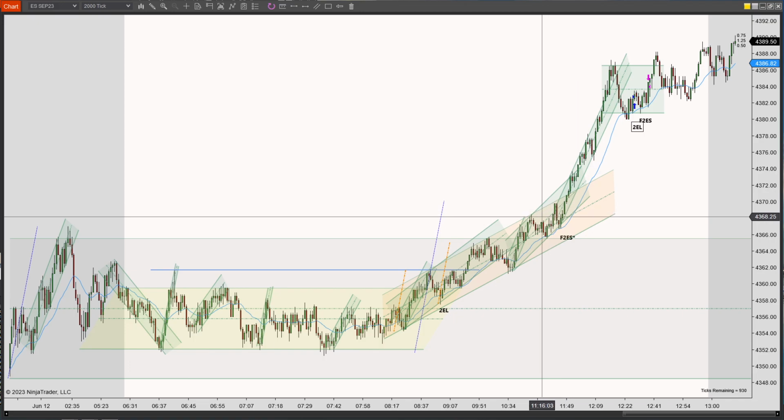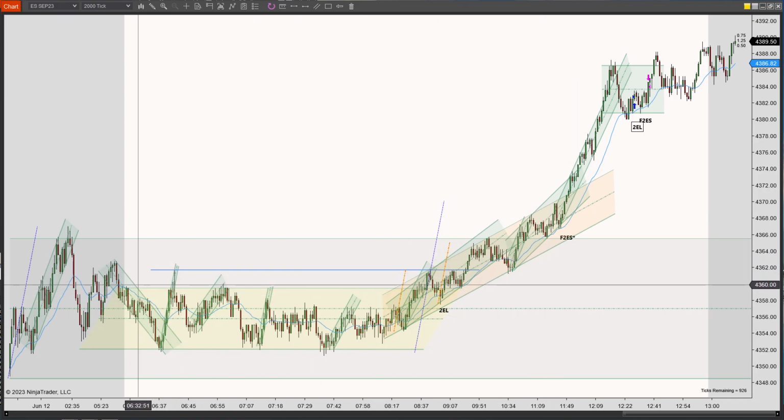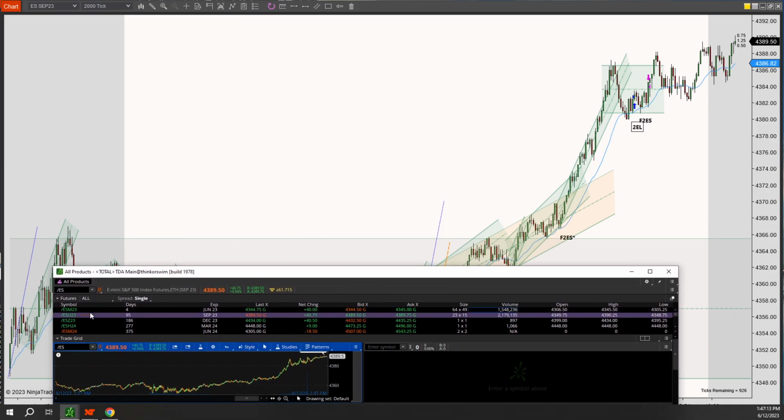Now, I want to point out that today was a choppy but very slow day. So what happened is the M23, which is the June contract for the E-Futures Mini, is going to expire in about 4 days. So there is a lot more volume rolling over to the ESU23, which is the September contract. You can see the volume has shifted from this guy to this guy. Last week there was a lot more volume on the M23 as opposed to the U23.